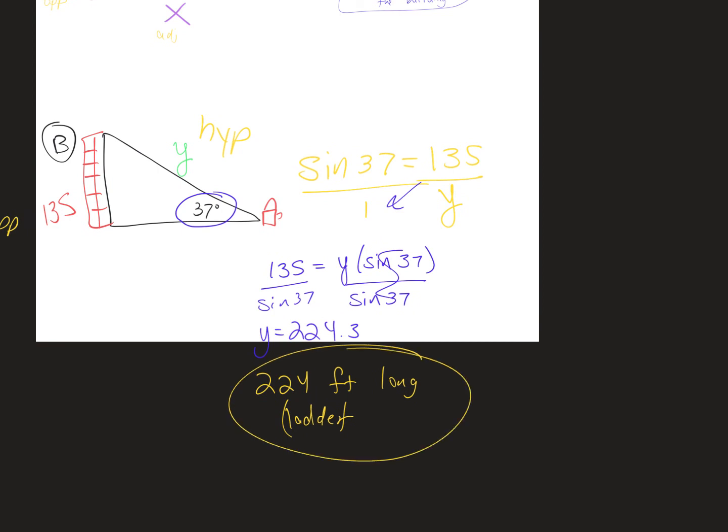So do you guys see how we had the exact same question? Same height of the building, same angle of elevation, but when I changed the wording and I just look for a different side, it totally changes the trig function that you're using, therefore your answer. Does that make sense? So tomorrow we're going to spend the whole class period. I already put it in modules if you guys want to start looking at it. It's word problem application or whatever, but we're just going to be working on word problems. Figuring out what side is given, what we're looking for, and which trig function to use to set it up. Sound good? Okay, so tonight